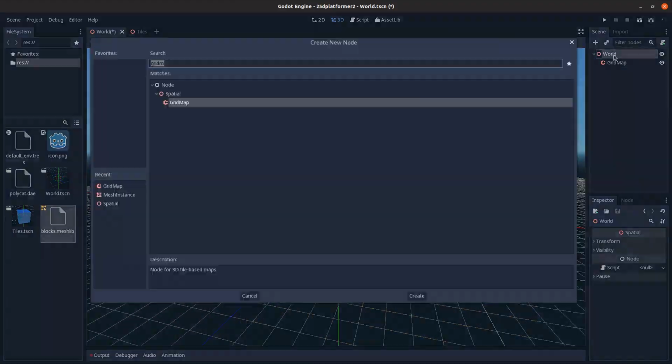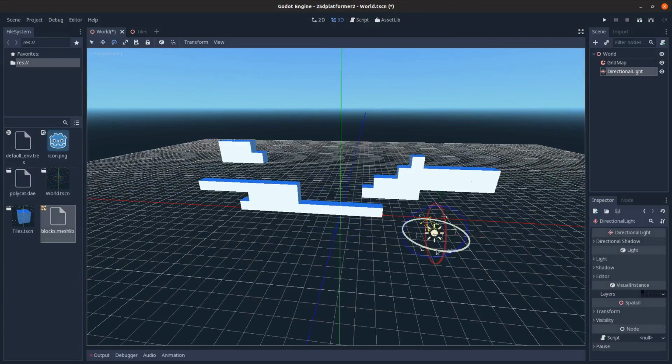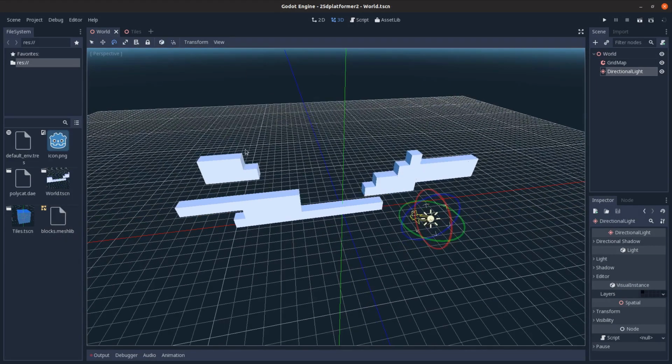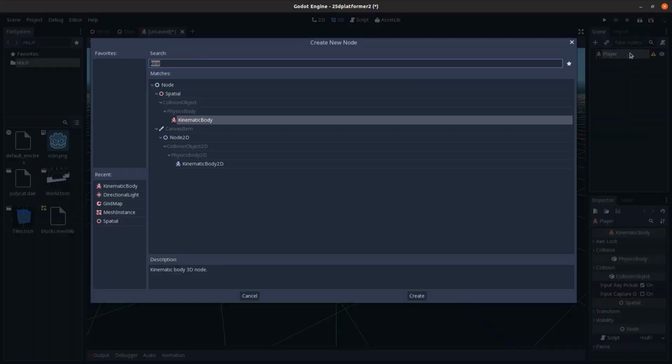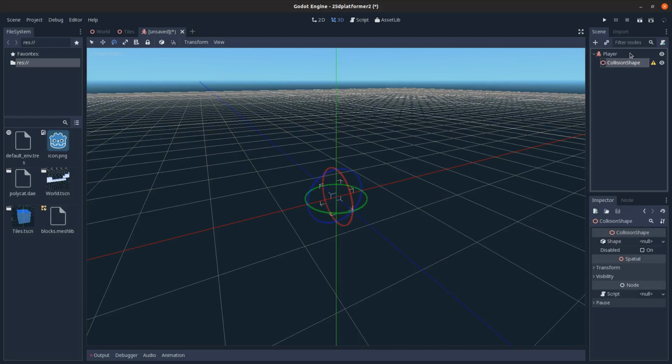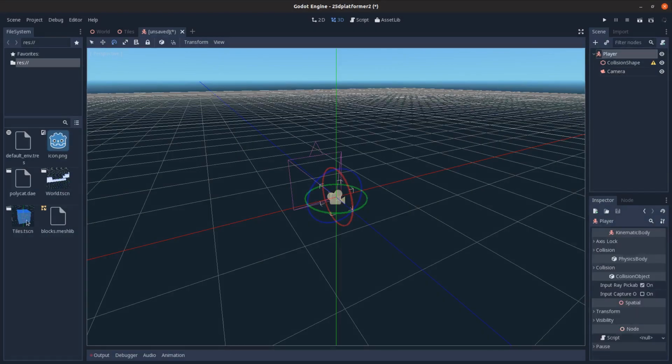And then I'll also add in a directional light, I guess. And make it local there. There we go. Okay, so now let's make the player. So let's add in a new scene, add in a kinematic body, and call this player, add in a collision shape and a camera, and then also let's drag on the mesh that we imported there, make it editable children,